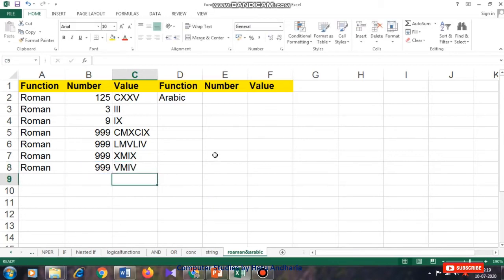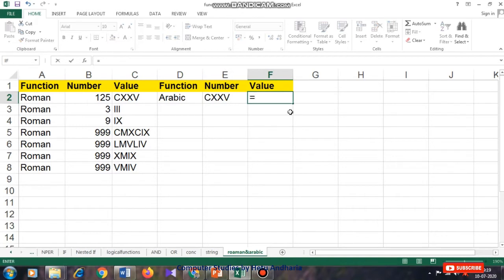Fine. Now ARABIC. For example, we want to find the Arabic of CXXV, whether it is coming 125 or not. Let's check. So the answer is 125.